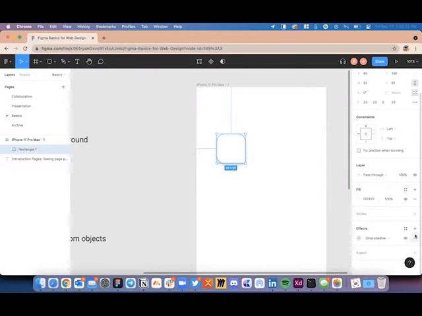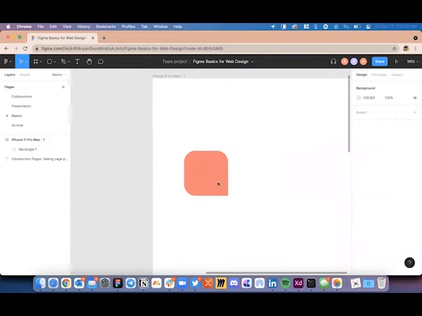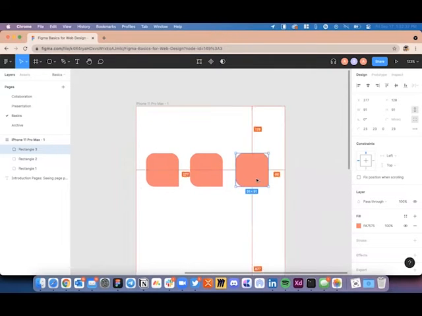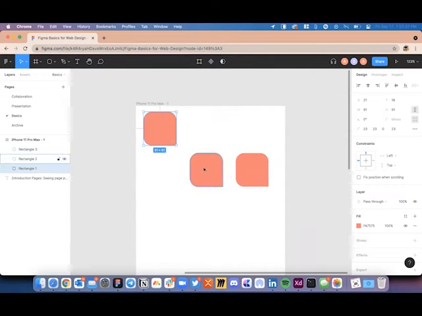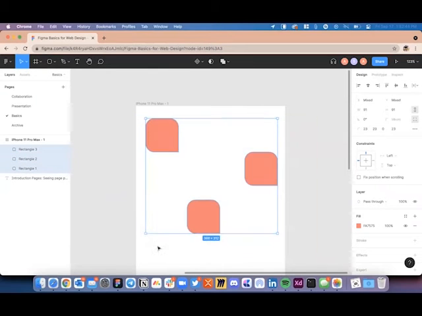So I'm going to go ahead and remove the effect. I'm going to change the color, and let's show you different things we can do with the alignment. Let's say that these objects were aligned randomly right now, and you go ahead and select these.